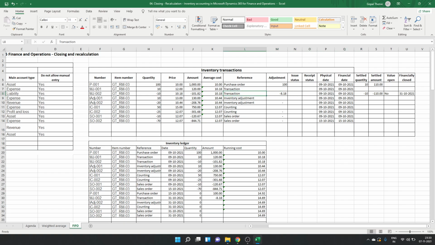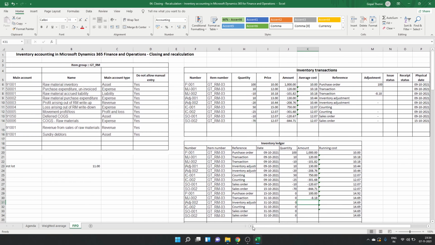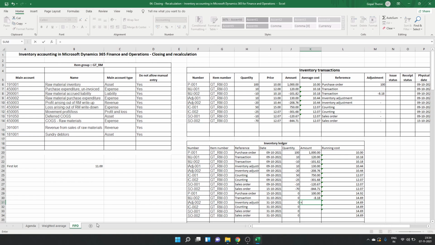Now the next issue transaction is inventory adjustment, which is for 20 quantity. For this, the cost will be adjusted from the first receipt transaction itself, and that is 11 bucks per piece. So here also this 11 into this quantity, minus what the system has already posted as cost.